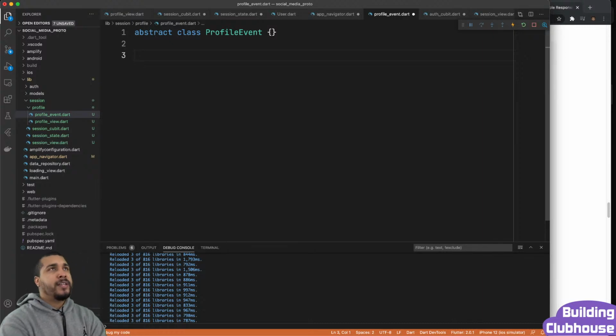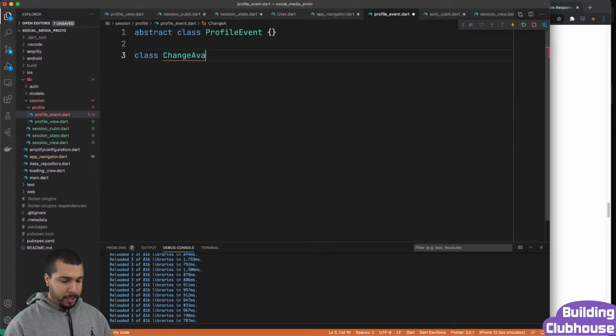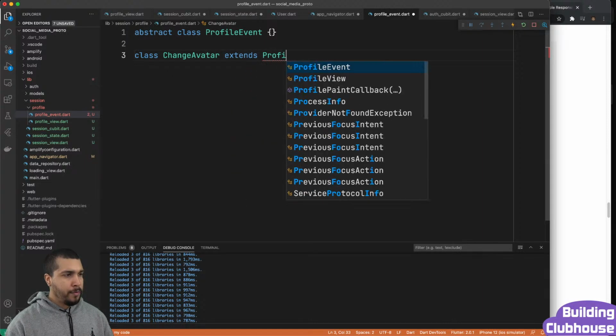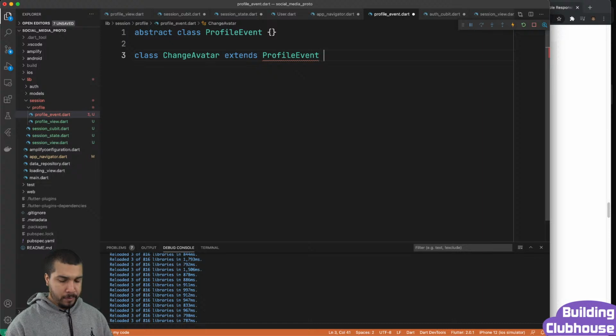And things that can change on the profile are the change avatar event. Change avatar extends profile event. We can also